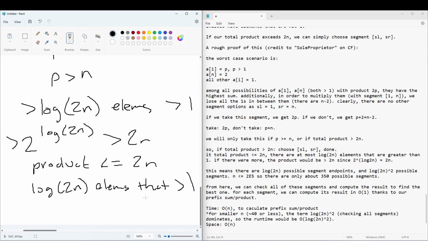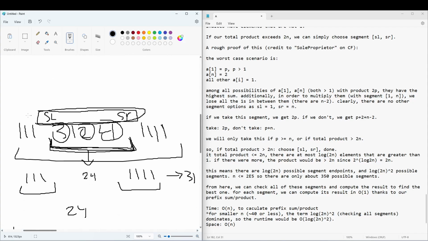So because of what we said at the beginning, with leading and trailing ones being ignored, if there are, I'll call it log 2n, k, that means there are at most k endpoints